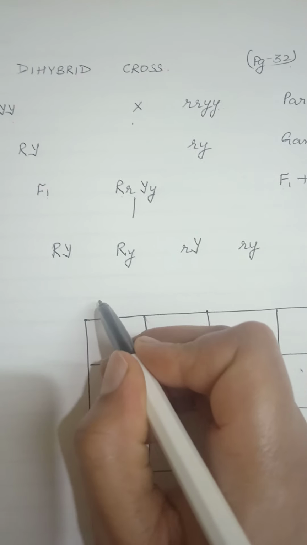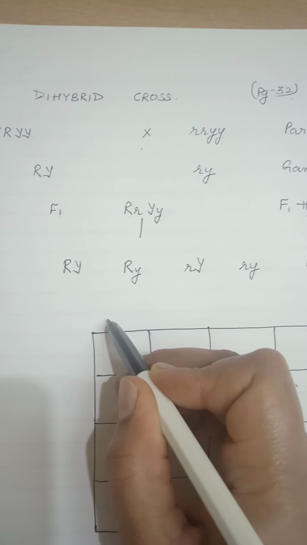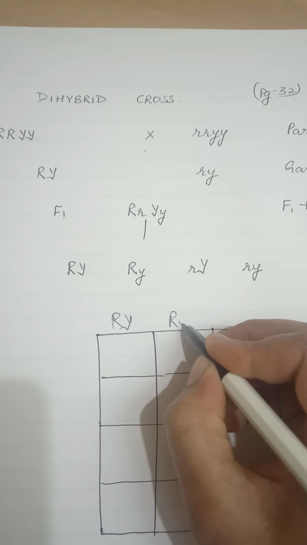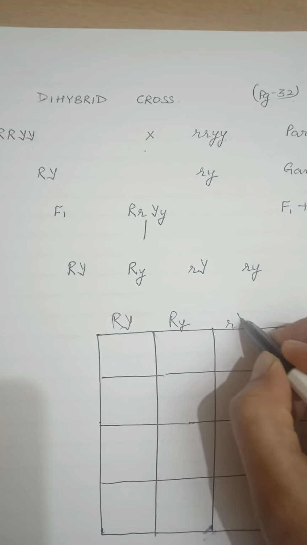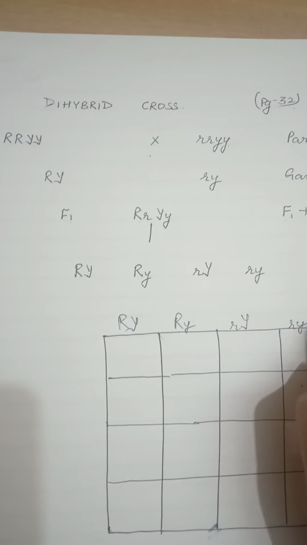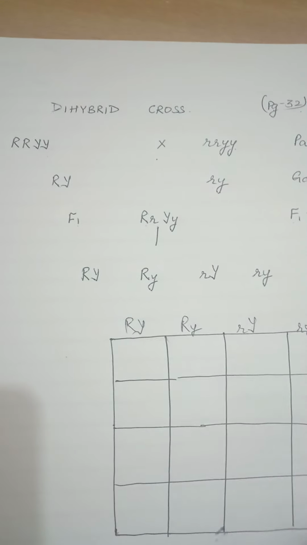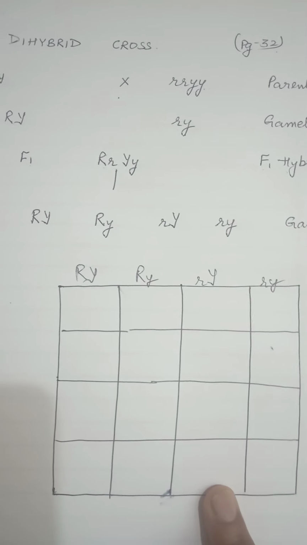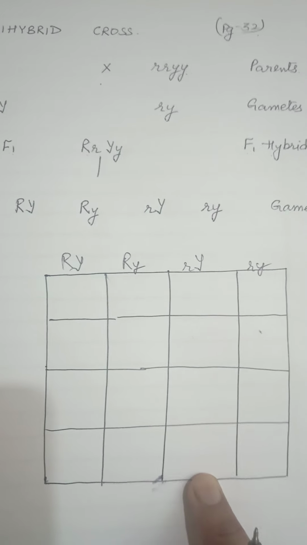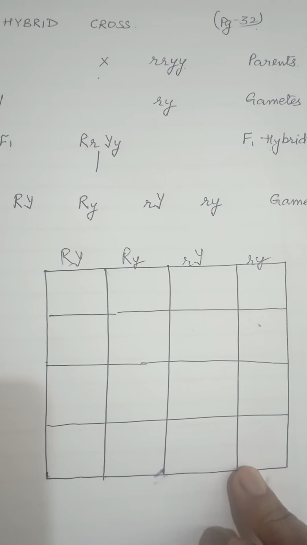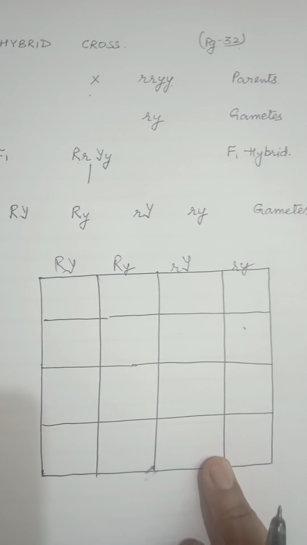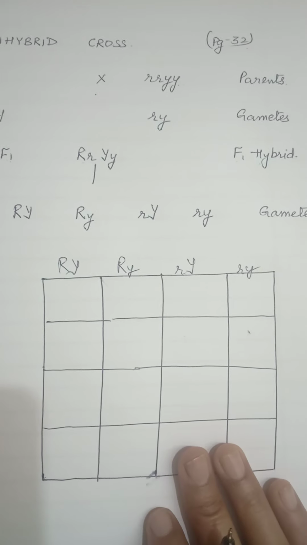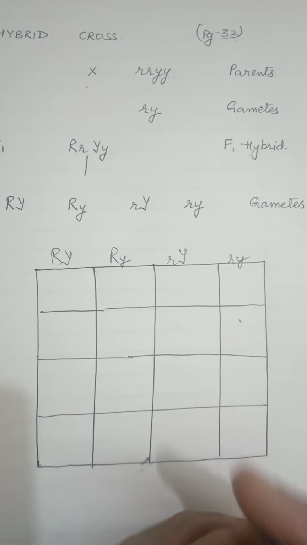Now we will write these cells here. Gametes: capital R capital Y, capital R small y. One side we will write male, one side we will write female, and both we have to write. We have to make this, this is called Punnett square, and this is very necessary, especially for dihybrid cross. We cannot conclude the result without making this. So one practice is required. Although in exam they are asking mostly monohybrid cross, dihybrid cross is also equally important, they can ask any.